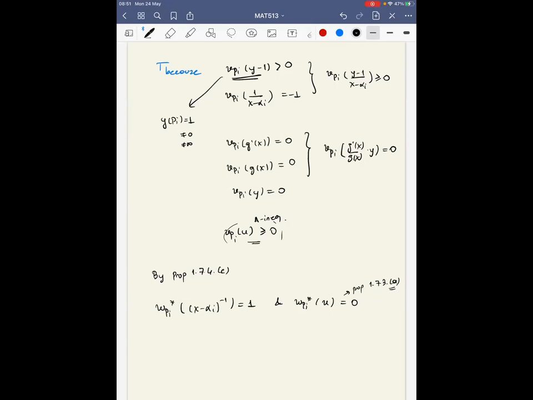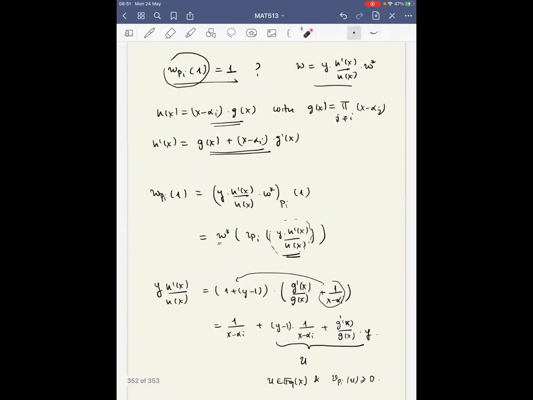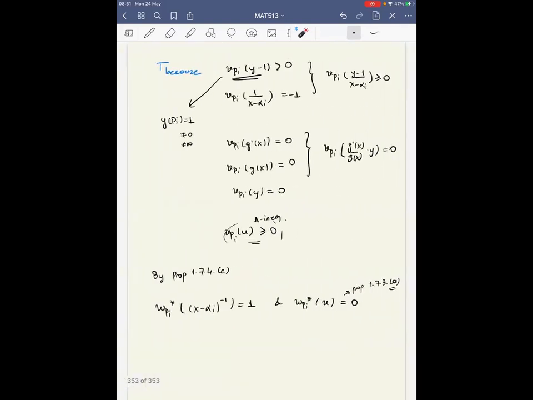And so that means if we take the local component of a Weil differential of both sides in this equality, then we obtain v_π of 1 times y h prime of x over h of x,